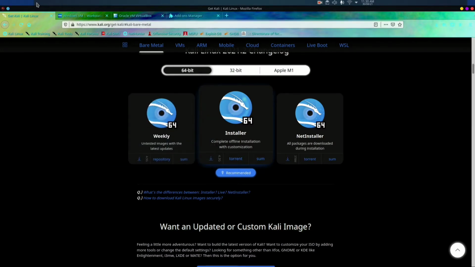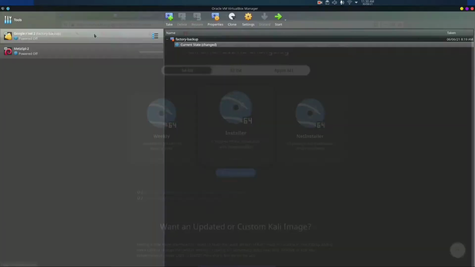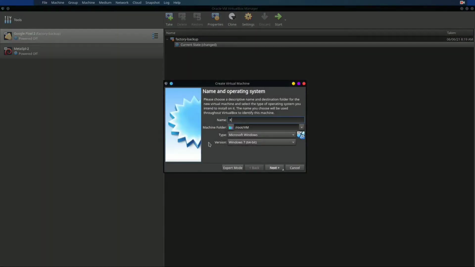For this, go to VirtualBox. Here, click on Machine, New. Here, give the name Kali. I will be doing a Kali machine with root only access. I am not adding any other user, so I'll put it as Kali_root.